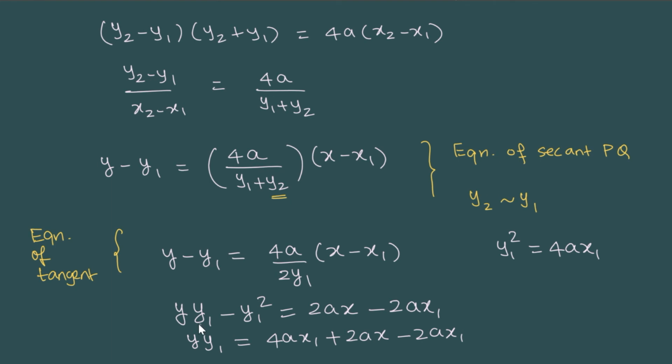Okay, so finally what do we have? y y1 is 2ax and then we are left with 2ax1. So we can write the equation of the tangent as y y1 is equal to 2a into x plus x1. Okay, now here maybe